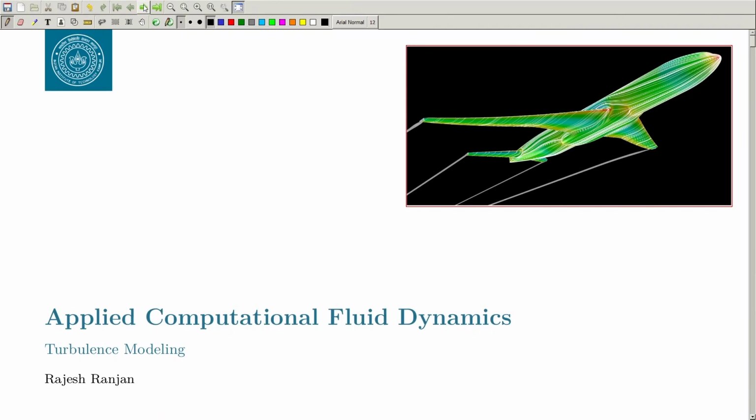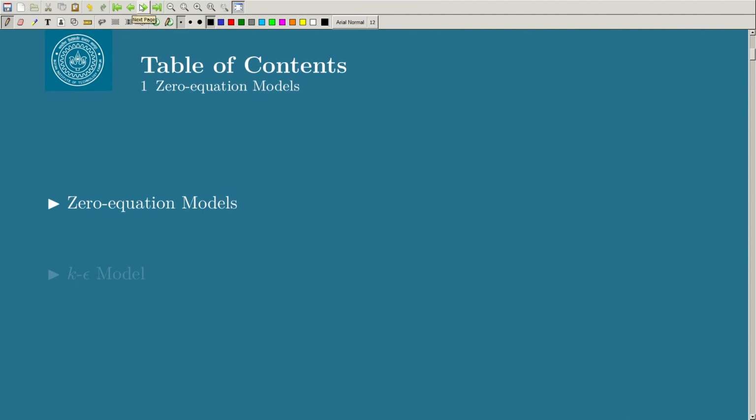Hello everyone, welcome back. Today we are going to look at some of the turbulence models which are based on Boussinesq hypothesis. As we saw in the last class, we have this unknown Reynolds stress tensor. There are 6 stresses and we can use the Boussinesq hypothesis to reduce the number of unknowns to one unknown, which is the eddy viscosity. That means your stress is related to the mean flow gradient with this proportionality constant as the eddy viscosity or the turbulent viscosity. And today we are going to look at how to model that viscosity part, the